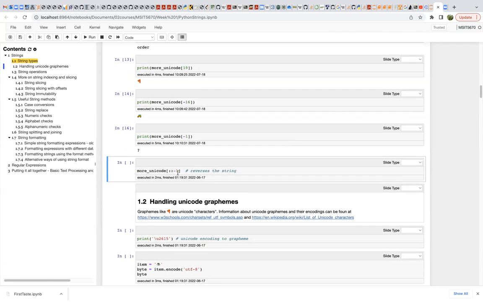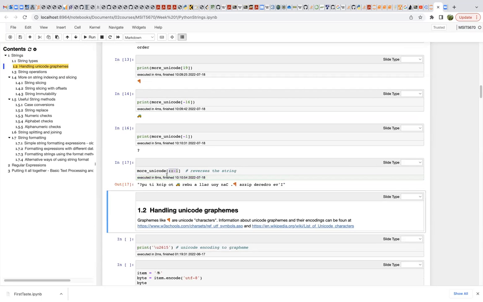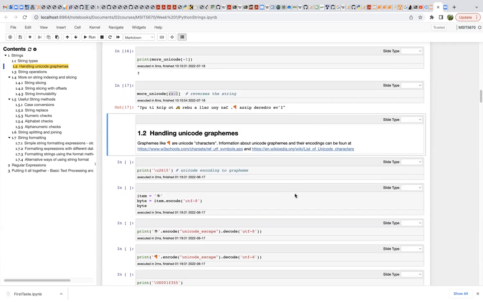And so this is in reverse order. So you particularly need to remember this. Which means that this prints the whole string in the reverse order, right? So this is the reverse order. Okay. And then there's another way to handle Unicode